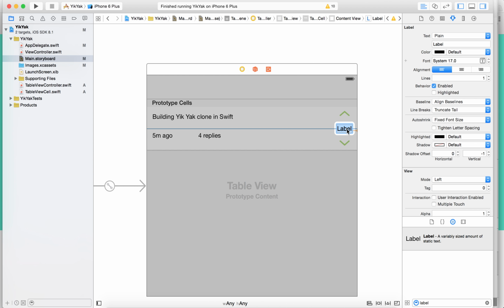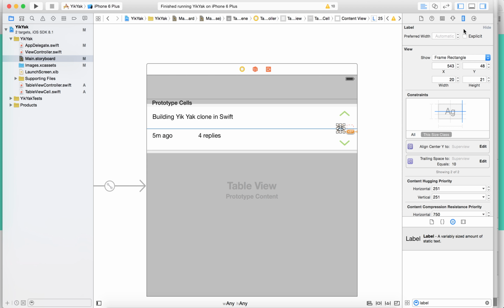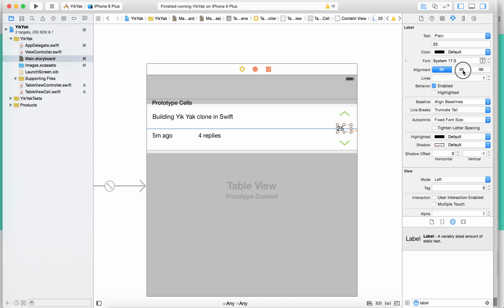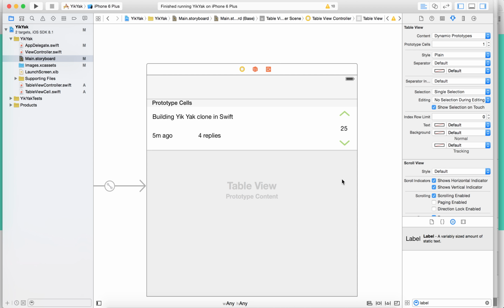Let's change it to like 25. Also, let's give it a size of 40. Make this label align in the center. That looks better. One more thing we need to do is give auto layout constraints for